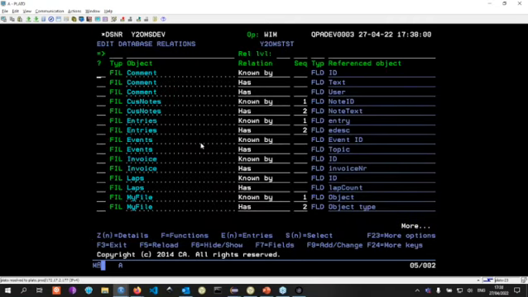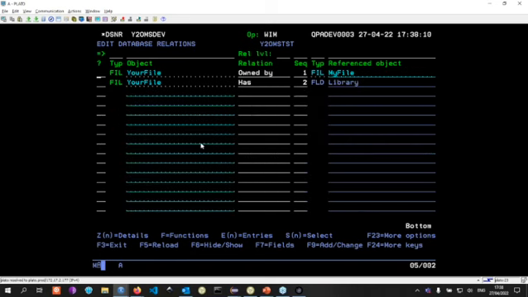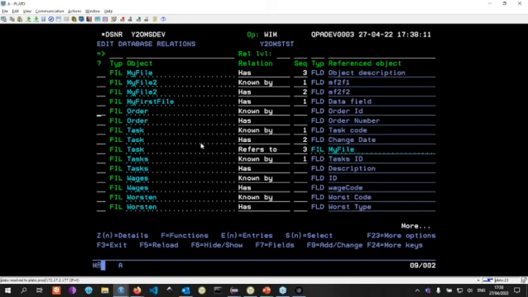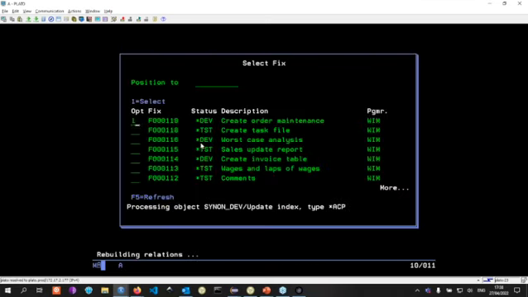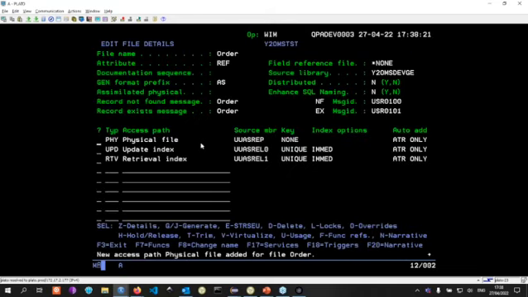Okay, so I'm going back in here, and we are going to find my order, and we are going to create the access paths for it. Okay, so now they are created. And what we can do next is generate these objects.